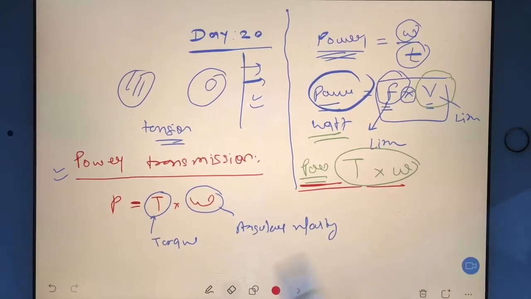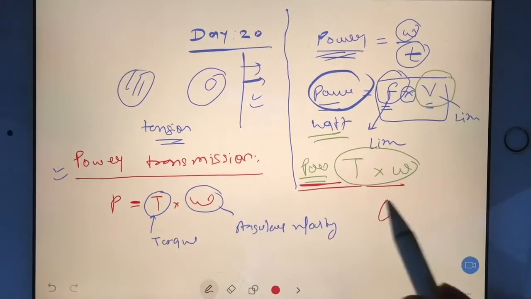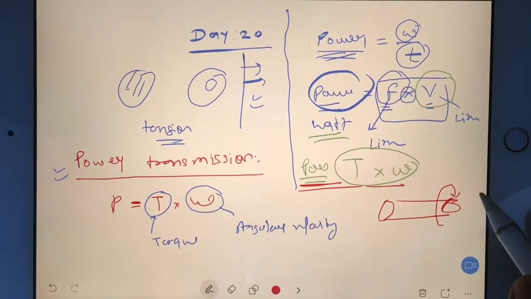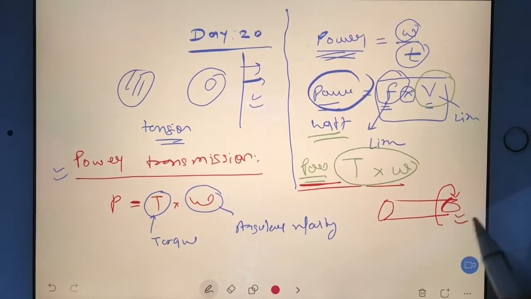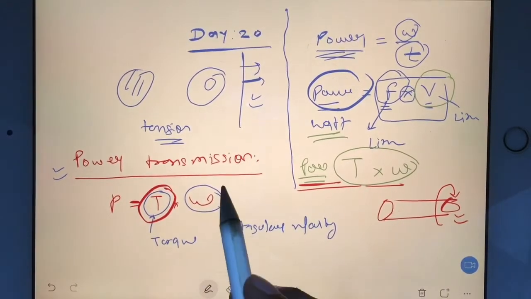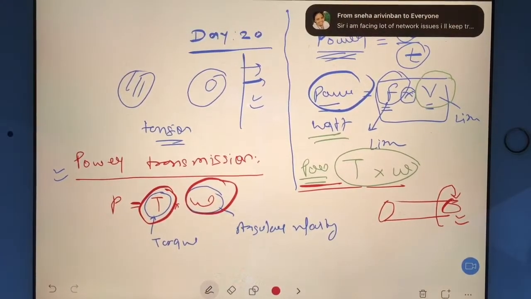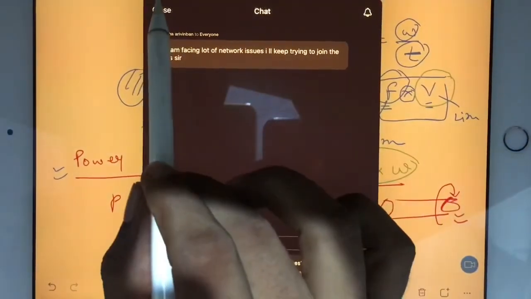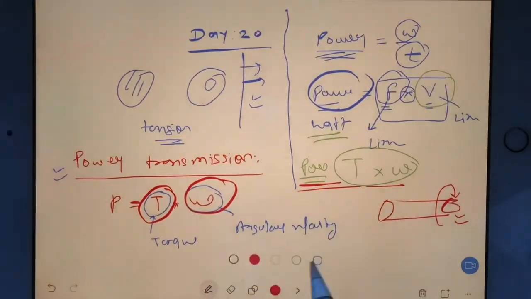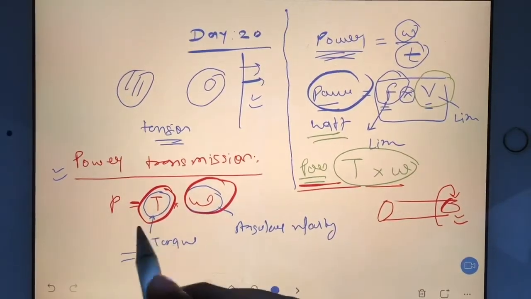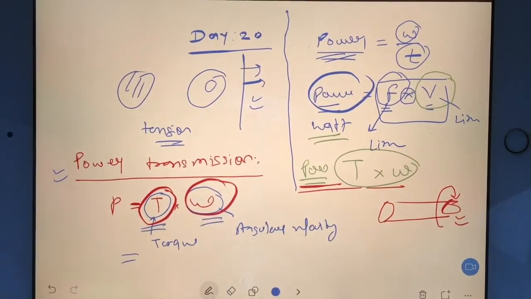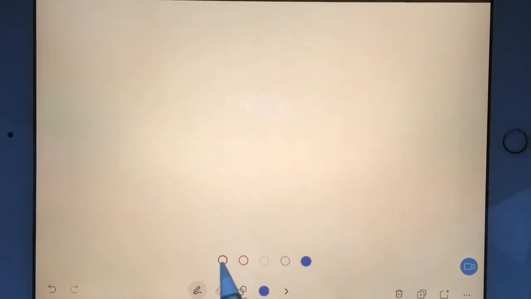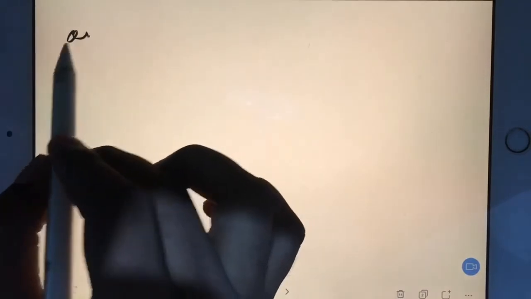All these things I will teach you in propulsion more properly, but currently because we are doing a structure part, we should understand that whatever circular rod you are using, the rod is actually under twisting. So whenever you develop the torque, you may develop angular velocity also. Okay, Sneha. So we can just multiply torque with the angular velocity. Now you see, based on this, we will see one example.